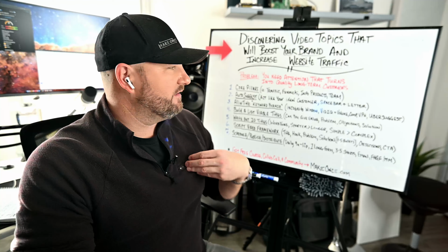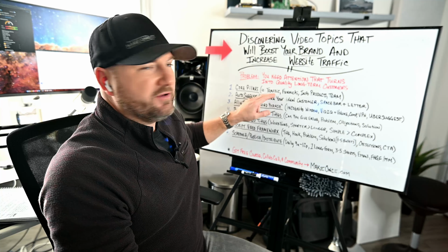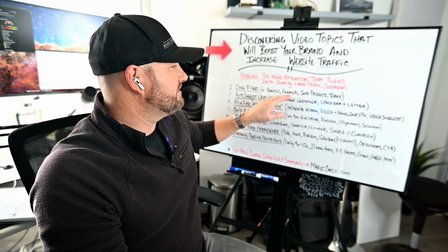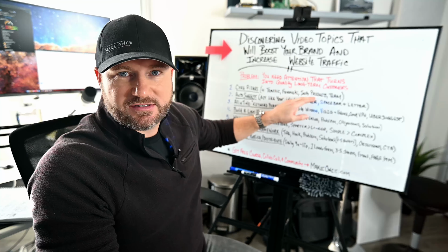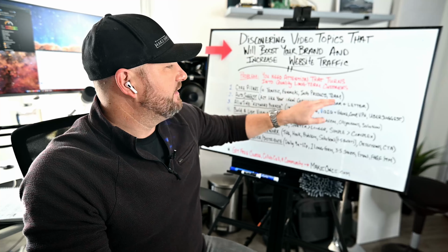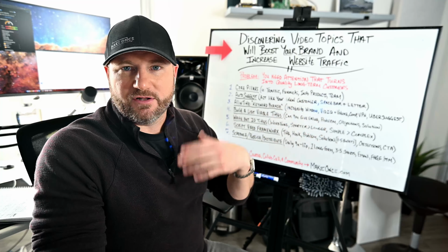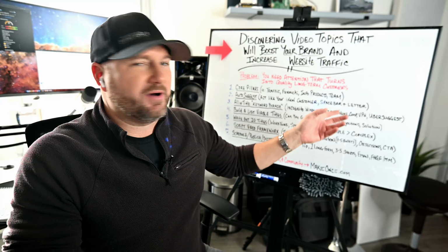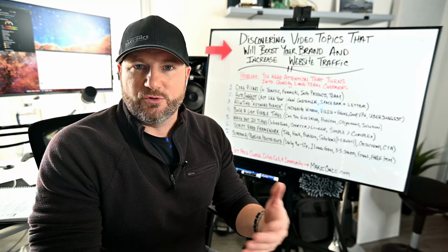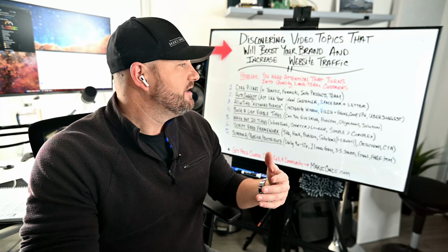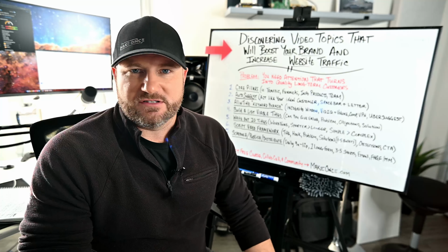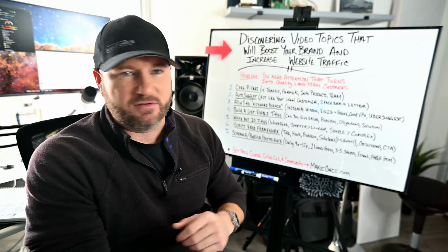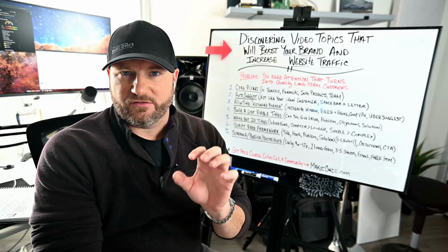So for me, to give you an example, I'm going to talk about how to get traffic to your website and funnels, how to actually build the different types of funnels and website stuff, how to create information products, because that's what we've been doing for the last 10 years, and then how to build a team, somebody that can run the operations, help you with if you're going to do advertising, somebody that can be your media buyer, somebody that could be your content guru or content engineer, I like to call them, somebody that can handle your sales and things like that. So these are the core things that I talk about. You need to identify that for your business. What are the core pillars that your channel is going to talk about?